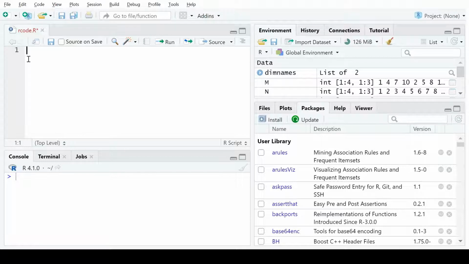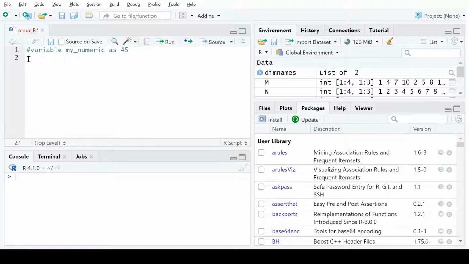To start with, suppose we are writing a comment. We learned about comments in the last video. Suppose we are creating a variable my numeric, with whatever value you want, say 45.